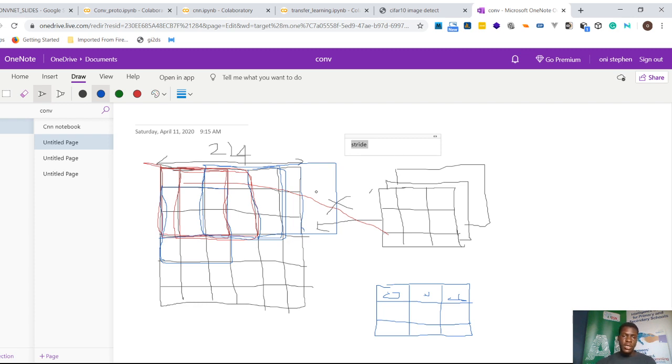I will still tell you how to calculate the output of a conv layer. Once it gets to this side, what it gives us is a decimal value, but we don't want a decimal value, we want a whole digit as the width, the height, and the channel. So what padding does is we pad this image with zeros across,